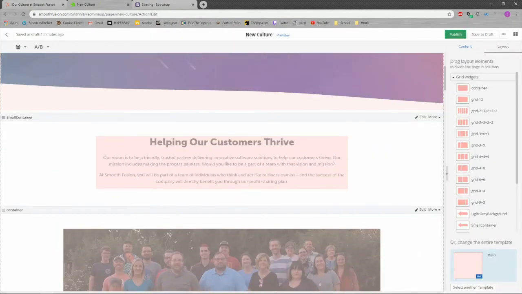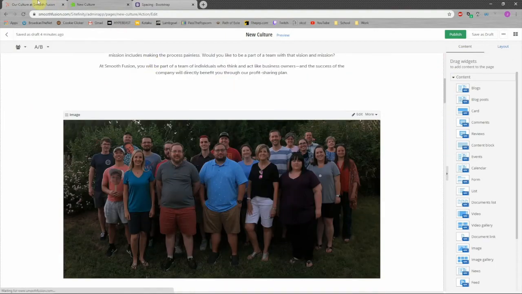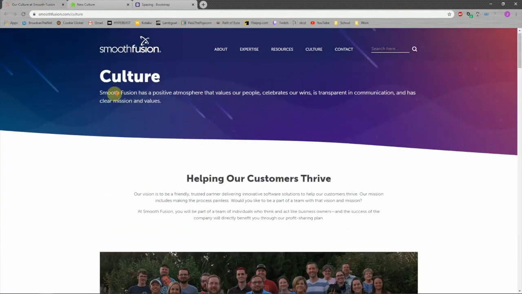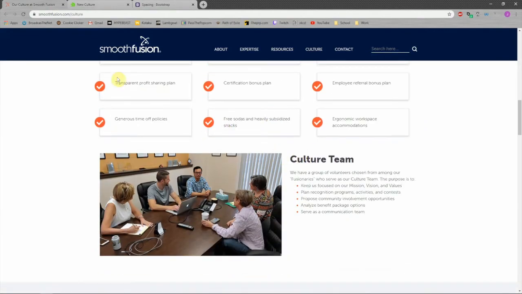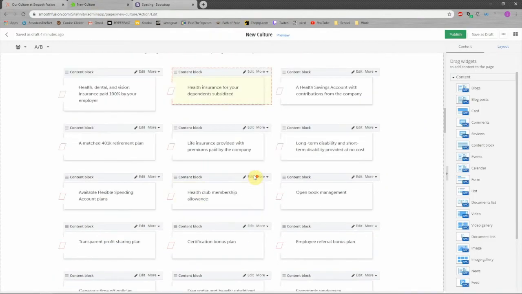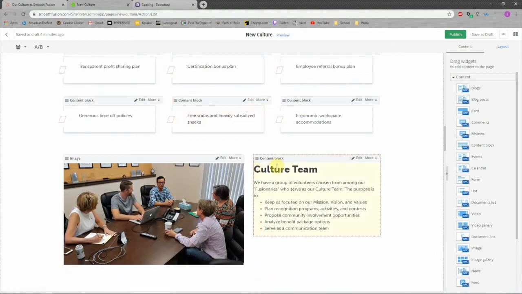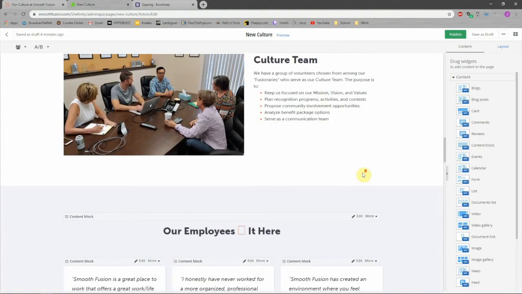And so we've gone through that page and made sure that all of our breakpoints make sense so that no matter what size our customers are looking at the page on, it always looks as good as it can. So with that, I think that wraps up our content management walkthrough of how we create pages